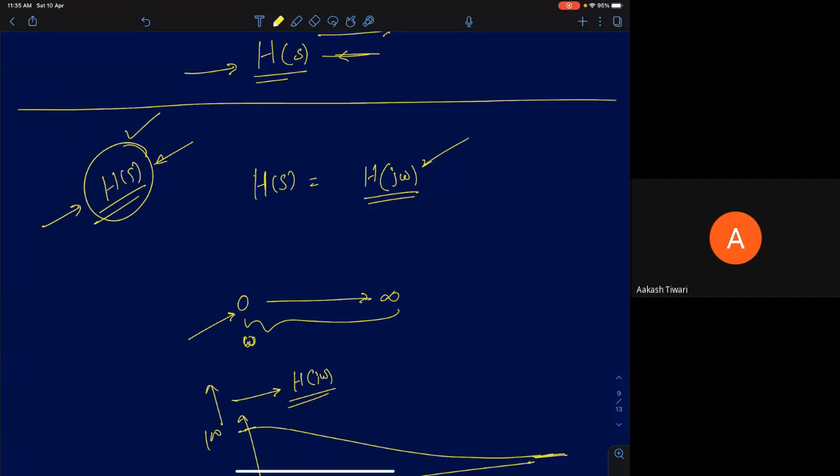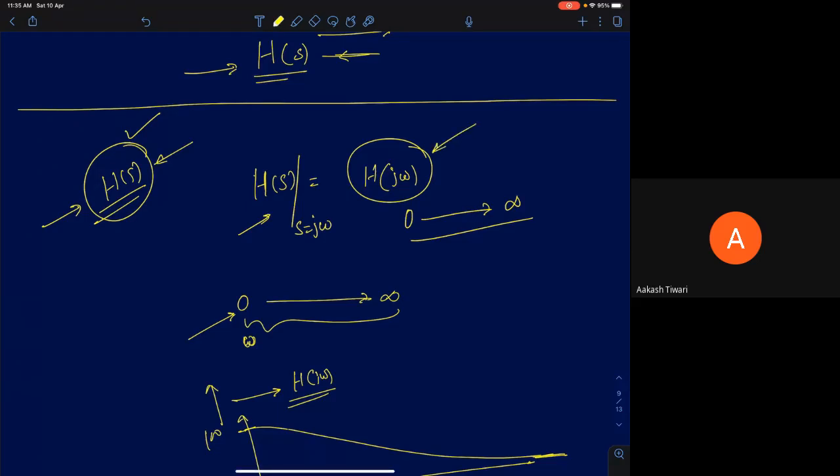Now we know the system is stable. The next step is to find the frequency response. To find the frequency response, we evaluate the transfer function at S equal to j omega. We just substitute S equals j omega in the transfer function, and we will get a complex function which will be dependent on omega. When we measure frequency response, we change the frequency all the way from 0, which is DC frequency, to infinite frequencies. You will change your frequency from 0 till infinity and then plot this response H of omega. H of omega is your frequency response.